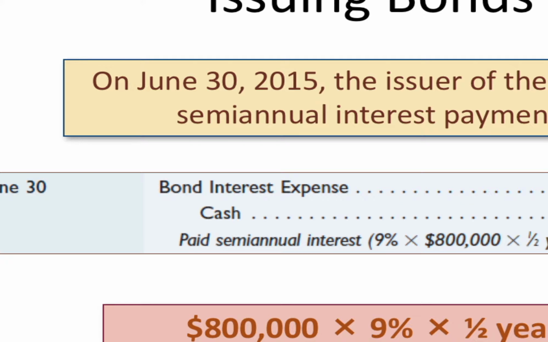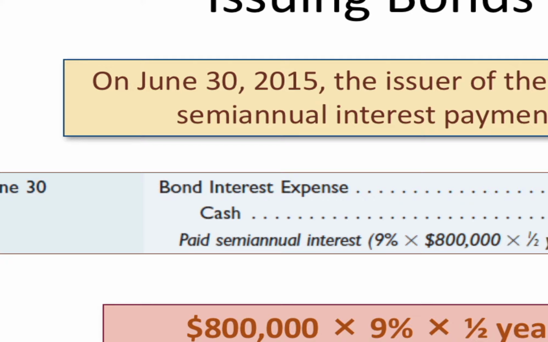Okay, so figuring interest, again, we've talked about this before. The biggest mistake I see from most people is not remembering that an interest rate typically, unless stated otherwise, is an annual rate. So if you're having to calculate 2 payments during the year, you have to cut that in half. So the easiest way I think to do it is to multiply whatever the principal is, the $800,000, times the annual rate, and that gives you what you're paying for the year, and then divide that by however many interest payments you have to make that year. So if it's a semi-annual payment, you're making 2 payments during the year.